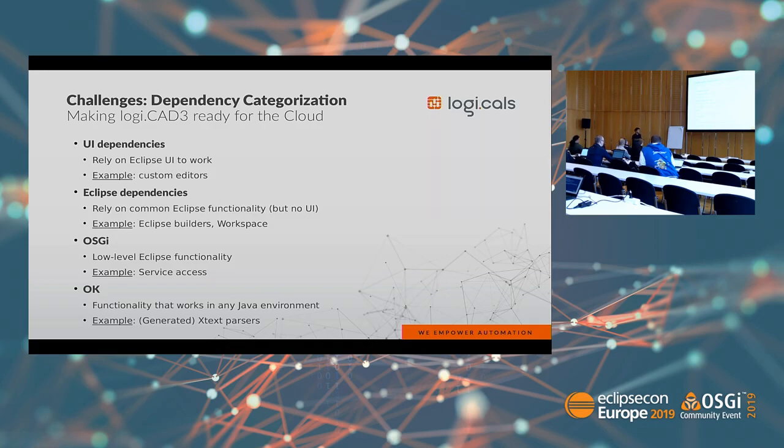So we categorized the dependencies into 4 categories. One is UI dependencies. These are the worst dependencies. In case there's functionality that should be available in the cloud depending on a UI feature of the Eclipse framework, it's really bad because there's nothing like this in the cloud or Theia available. So you really have to make sure that the code that should be run in one of the backend services doesn't use it at all. That's actually the reason why only part of the custom editors can be reused in Logic Cloud from Logic 3. Then Eclipse dependencies